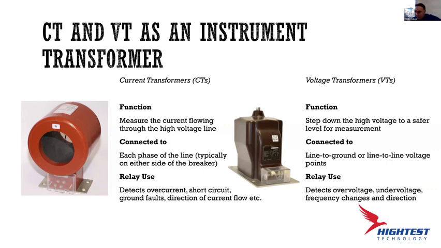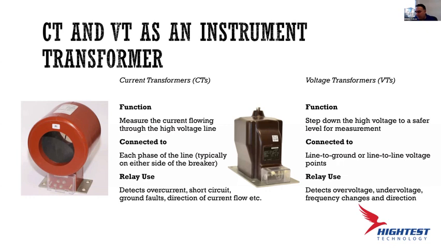The current transformer's function is to measure the current flowing through the high voltage line, connected to each phase of the line, typically on either side of the breaker, and the relay detects overcurrent, short circuit, ground faults, direction of current flow, etc. For the voltage transformers,